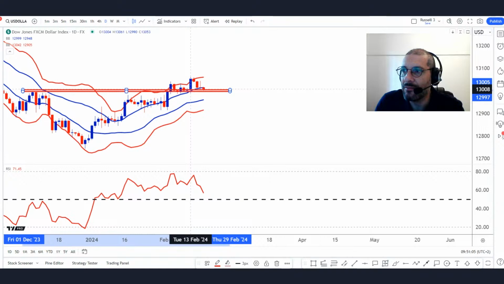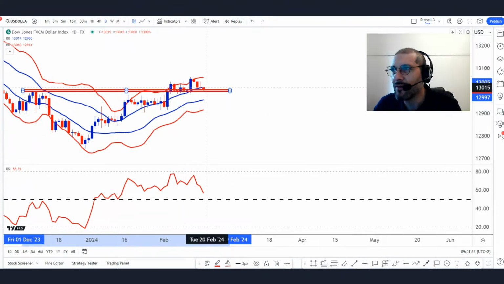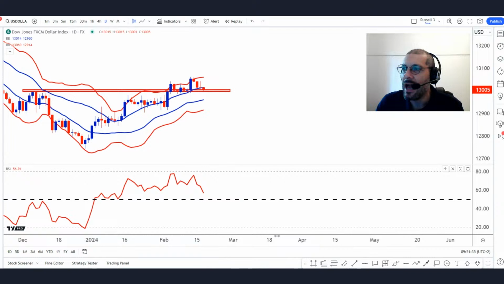Then on the 13th, there is this big movement up, it comes down, and this was the 30th was CPI. So that was the CPI number that came out stronger than expected. And I just wonder now if that resistance here is turning into some sort of support. So that's what we call the principle of polarity, where resistance becomes support, support becomes resistance. So maybe we've got some sort of polarity principle there.